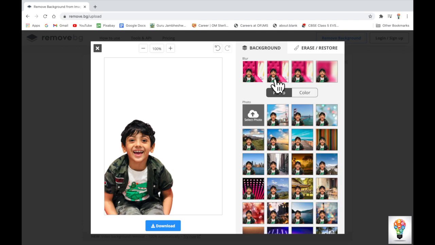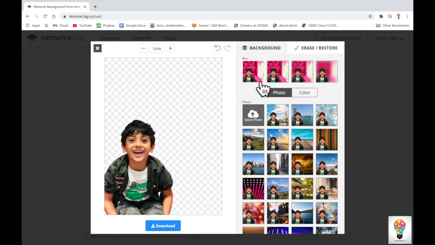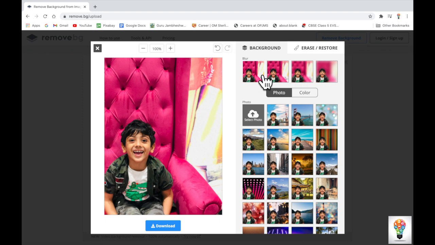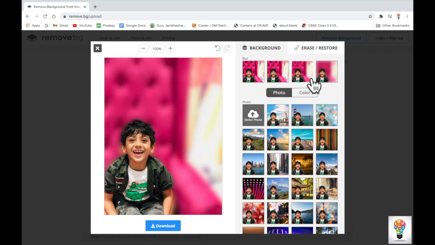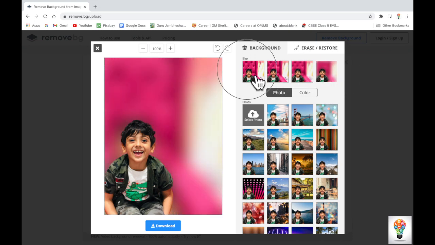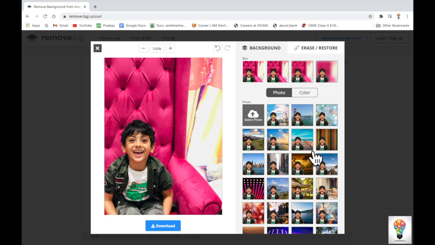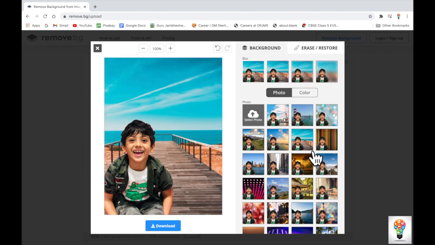Next we have this option of blurring the background as well. For example, this was the original picture. Okay, this is my original picture and I have removed the background, so I can also make the background blurry. The intensity of the blur is given here. See, we can also totally remove this blur. I have created another background, or I have shown you.